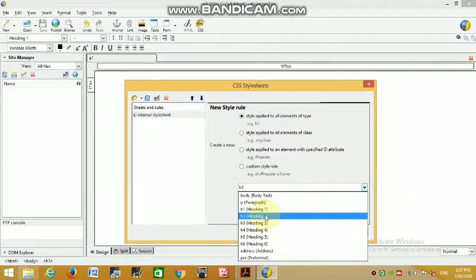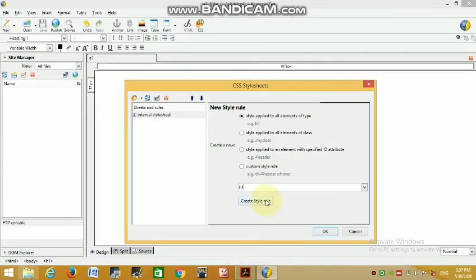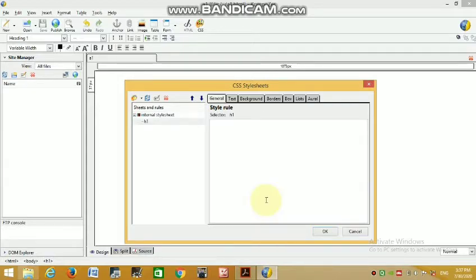You can select H2, H3, but I select H1. Create style rule. Okay, now for the H1 tag, under the internal style sheet option, there are 1, 2, 3, 4, 5, 6, 7 tabs.